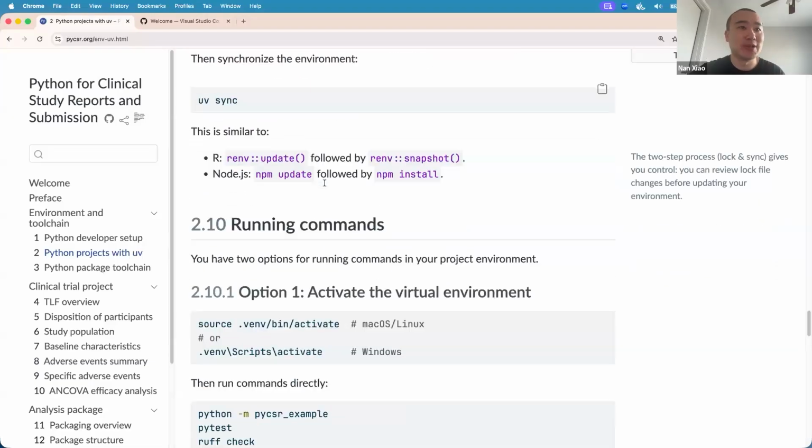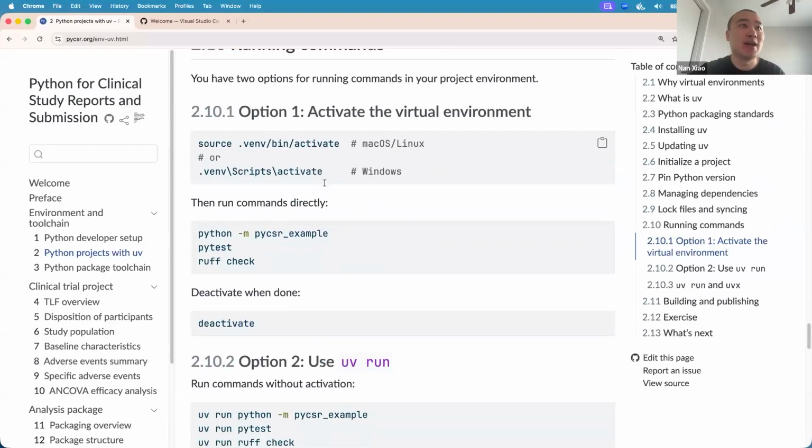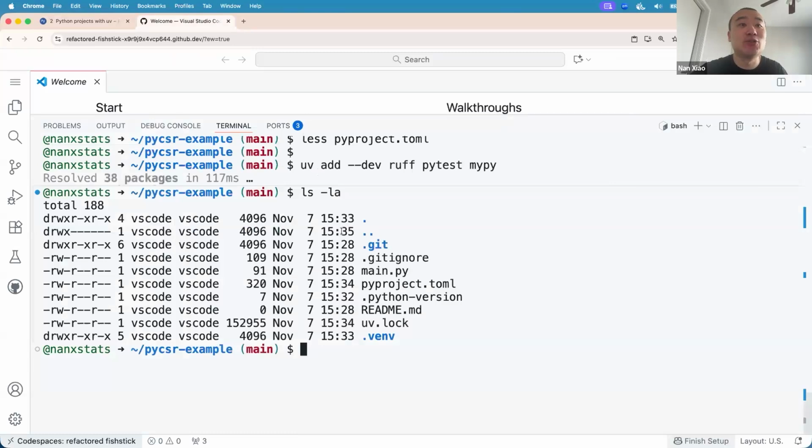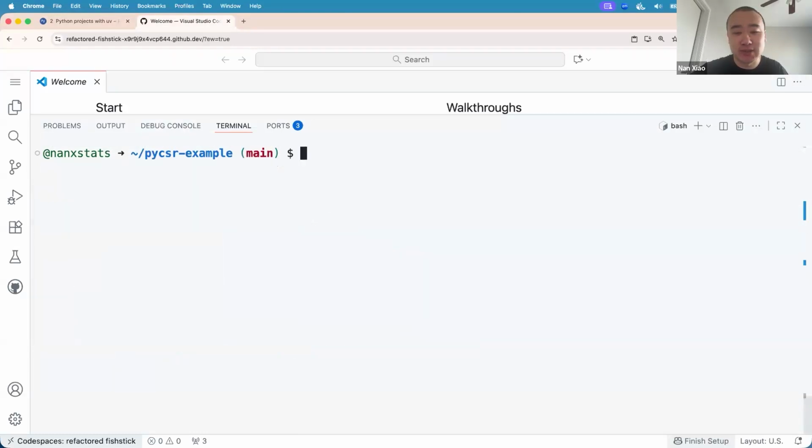Using uv lock --upgrade. But most importantly, I wanted you to know that you should always try to activate the virtual environment so that this command can actually put all the tools you have just installed under your shell, so you can use them directly.